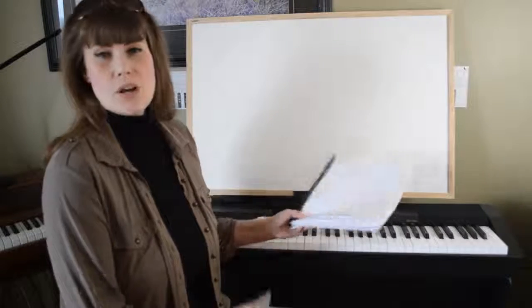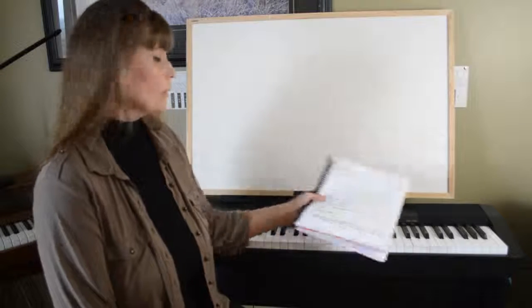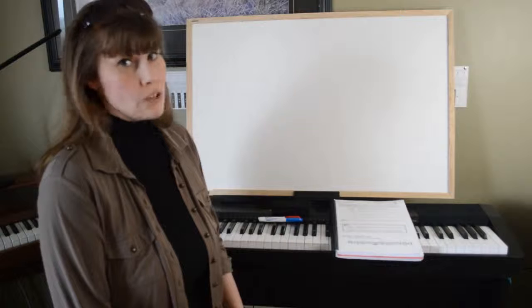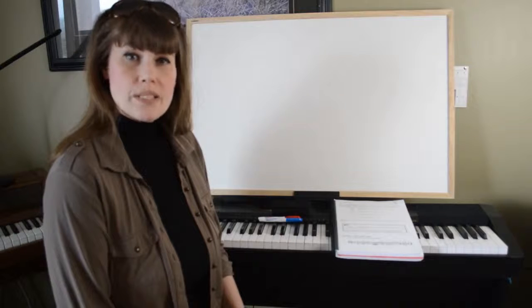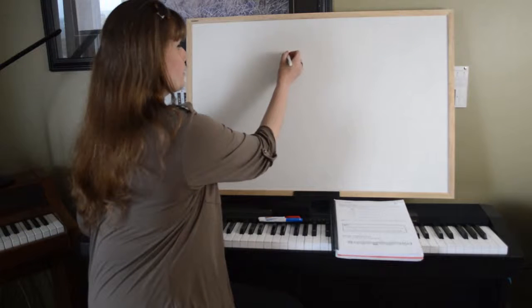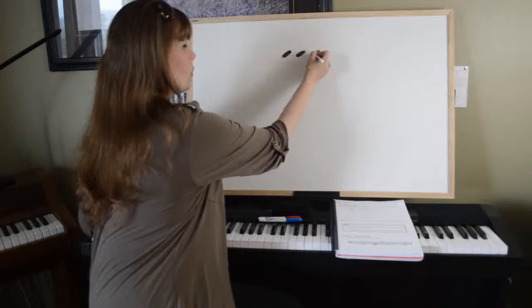Today we're going to be talking about triplets, and you'll find that on page 62 of your book. What is a triplet? Well, a triplet is a group of 3 notes, but you can find triplets in a variety of rhythms, or I should say note values. So a triplet is a group of 3 notes,